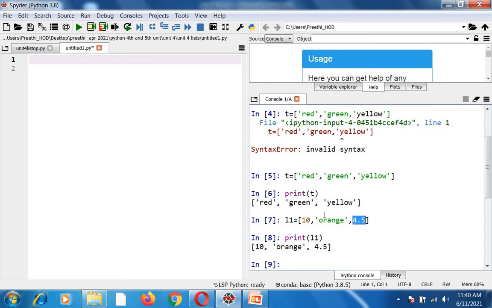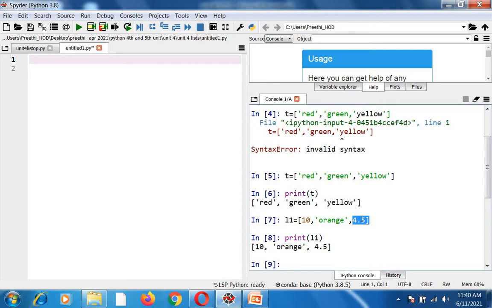Here you can see that in arrays in C language, you can use only the numbers. It can be a set of similar data type. But here in creating a list, you can see that you can also create multiple data types. For example, you can create an integer and a string and also a floating point value. This is the main difference between list and arrays in case of C language.